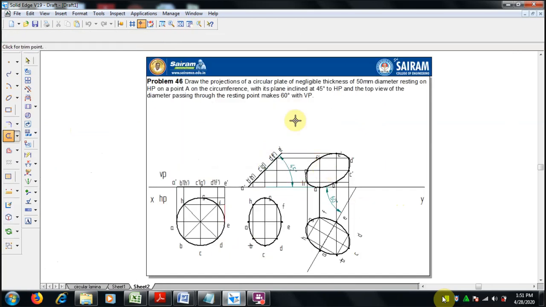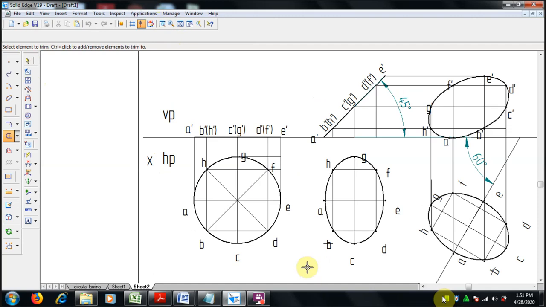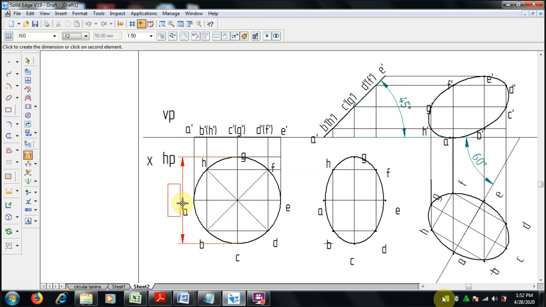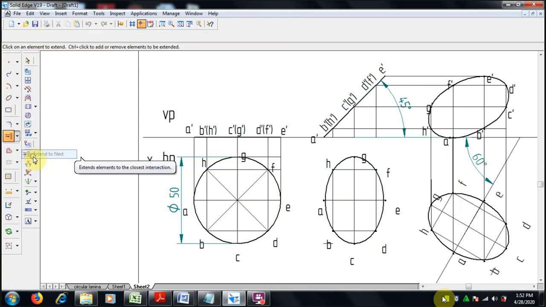And in the second position we can see the extension lines we already trimmed off, that can be drawn by using extend to next. In the same trim command, we can select the option extend to next.